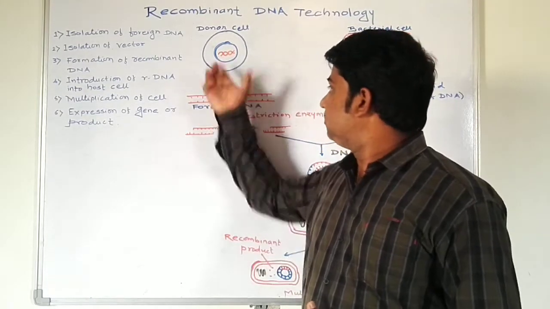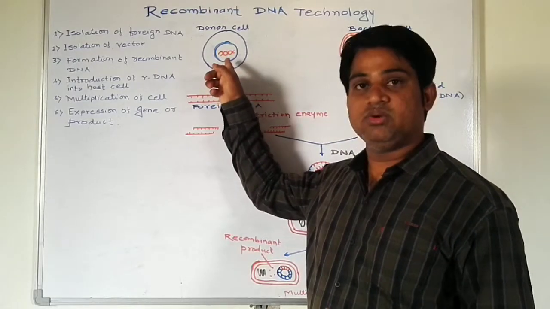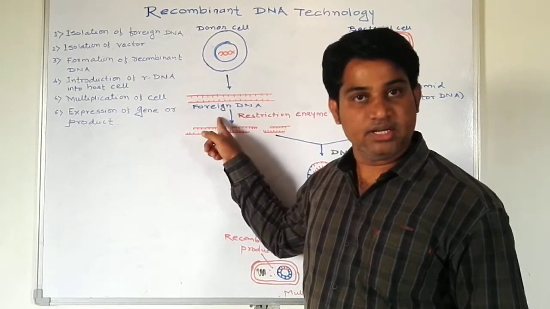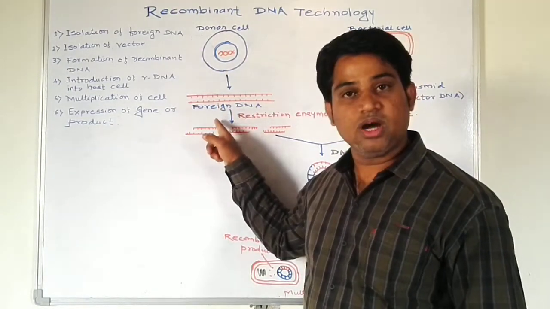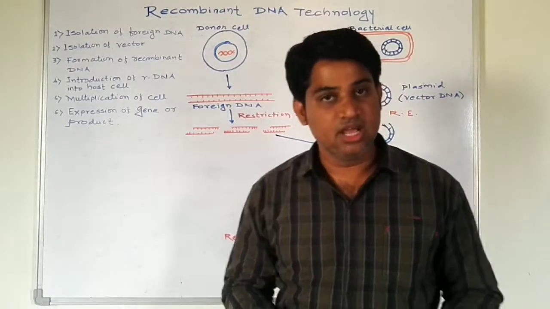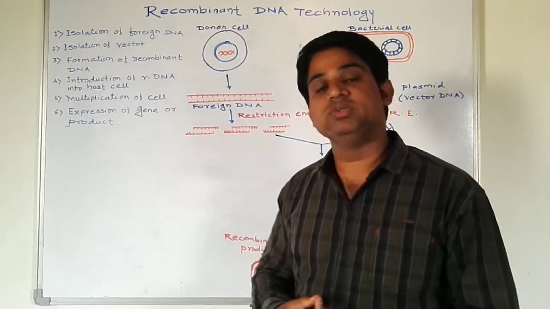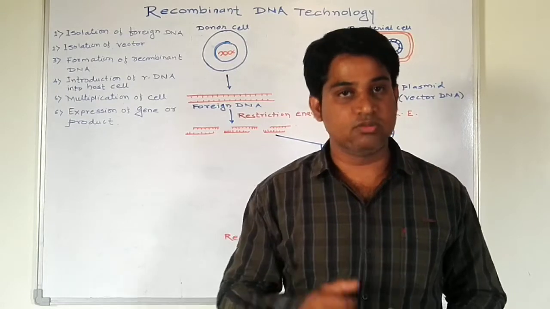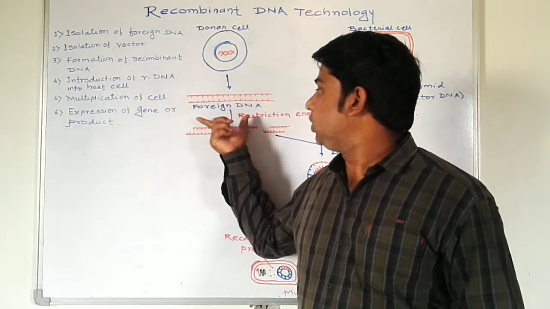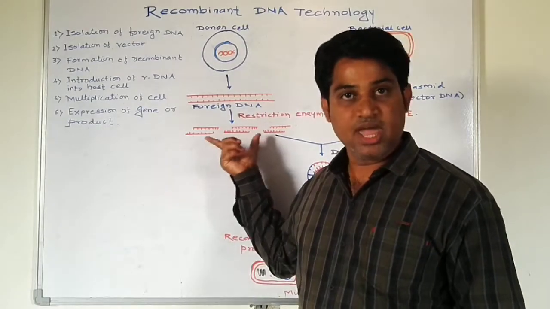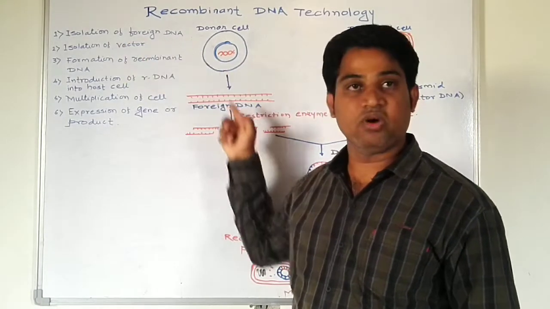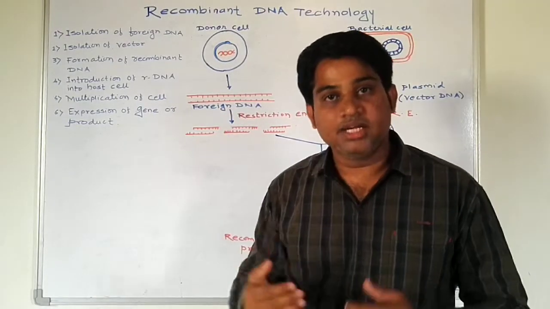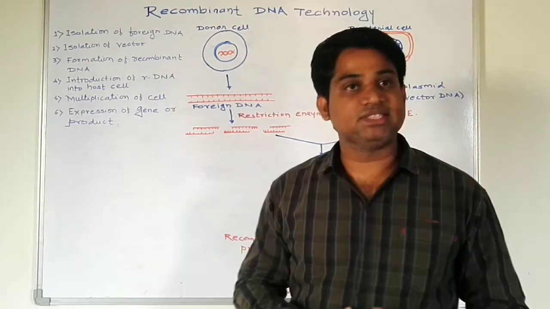For example, here the donor cell is given. We break down the donor cell with the help of different enzymes or detergents and isolate the foreign DNA. Now this foreign DNA we cut with the help of restriction enzymes or restriction endonucleases, which recognize 4 to 6 nucleotides and cut the DNA at particular sites called palindrome sequences. After cutting at the palindrome sequence, it generates the sticky ends. So this is the first process, called isolation of foreign DNA. From these many segments we have to identify the gene of interest by the technique called Southern blotting.